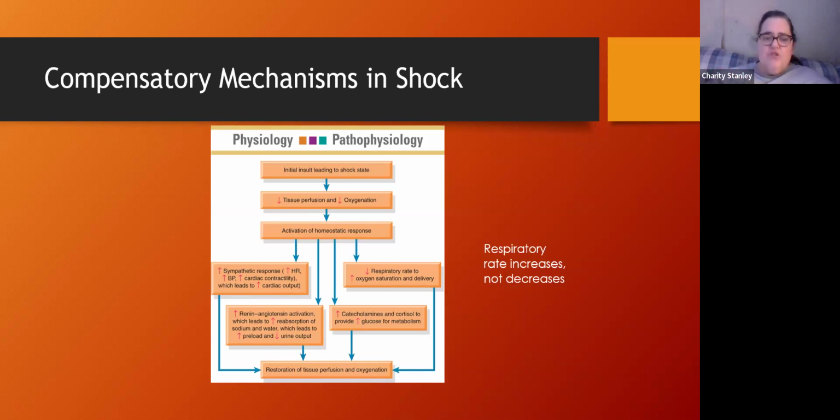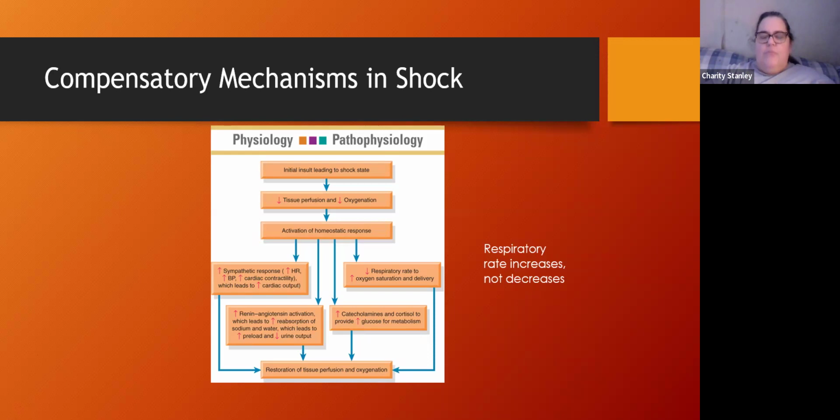The body tries to fix it and create homeostasis. And so, as a result of that, we have several things happen. Our sympathetic tone, our whole body gets in fight or flight. So, what's that going to be? Increased respirations, increased blood pressure, increased heart rate, okay? Increased cardiac contractility, how strong the heart is pumping. It's going to be activation of the